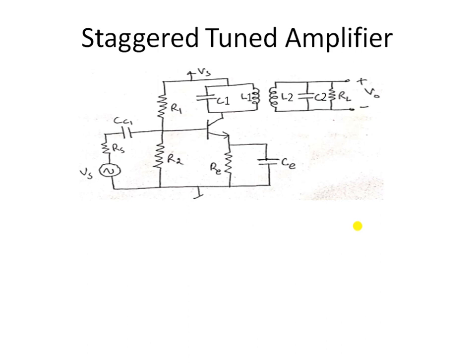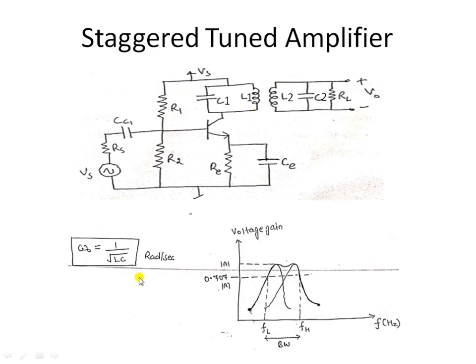In a staggered tuned amplifier, there are two identical tank circuits, and these two tuned circuits are tuned at slightly different resonant frequencies. In the previous case, in the double tuned amplifier, the resonant frequency of both tuned circuits was the same, but in this case they are slightly different. So because of tuning at different resonant frequencies,